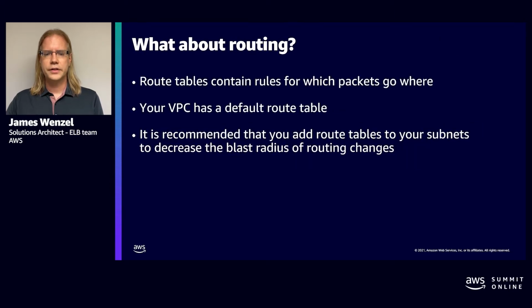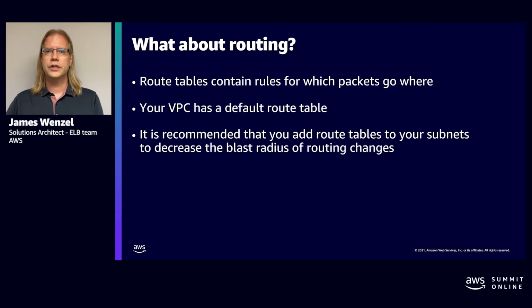Now, all these different constructs are great, but we have to talk about routing. What does routing look like? Each one of your VPCs has a routing table. That routing table is what we call the default routing table for the VPC. And of course, you can add and remove things within this routing table as you need. But keep in mind, as you're editing that routing table, it affects everything inside the VPC. Anything that you're launching inside of a VPC can naturally talk to each other automatically through its local interface. So if you're going to be adding different pieces of connectivity, such as VPC peering, which we'll be talking about, or a transit gateway, you're going to have to, in essence, change that routing table to allow traffic to come in and out.